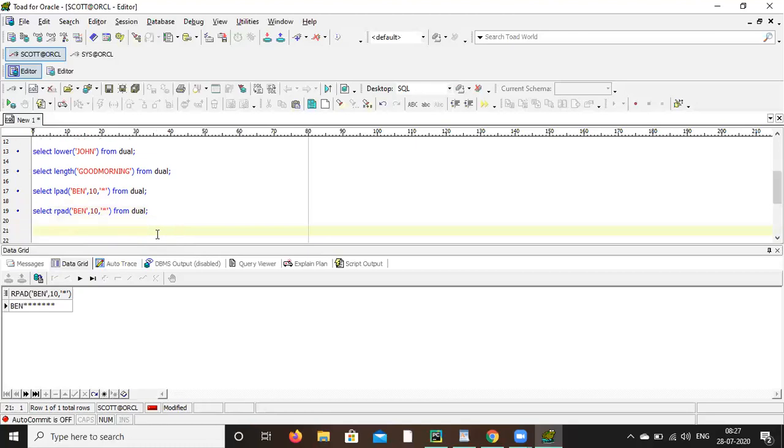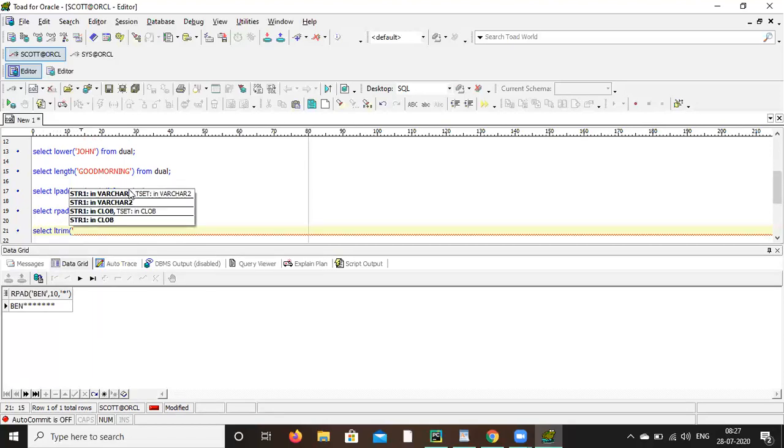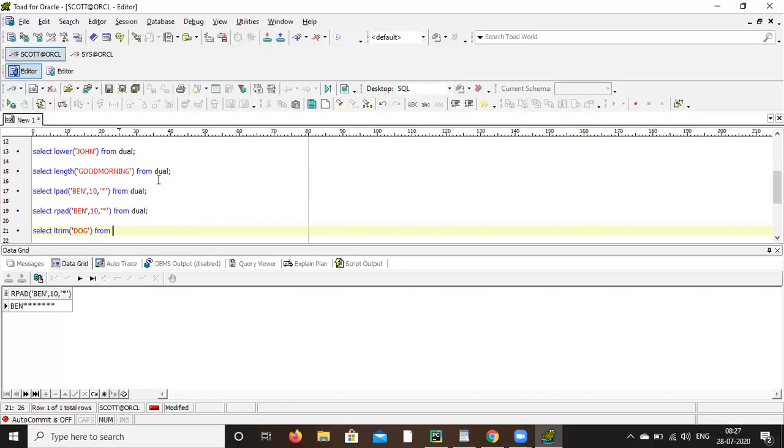Now next is select ltrim. Within bracket write some string, then comma, then write D within single quote, capital D. Run it.